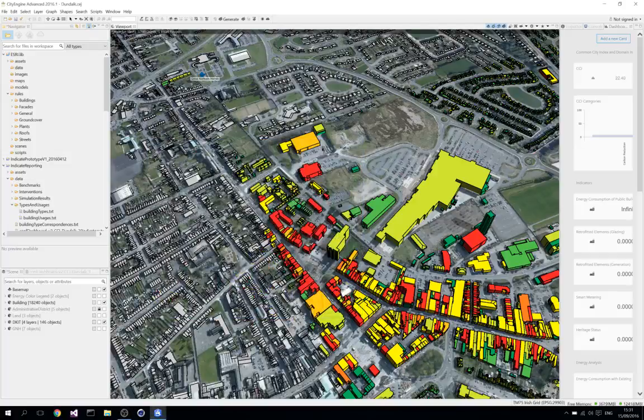In this video, I just want to go through some basic navigation with the latest version of the Indicate tool. So I'm going to look at track, rotate and zoom. I'm also going to look at selection with the tool, so how you select a single building, how you select